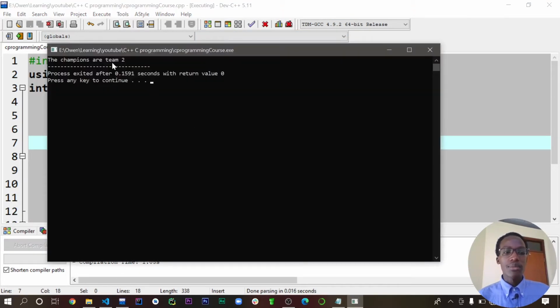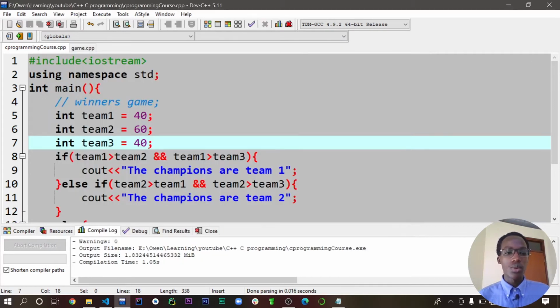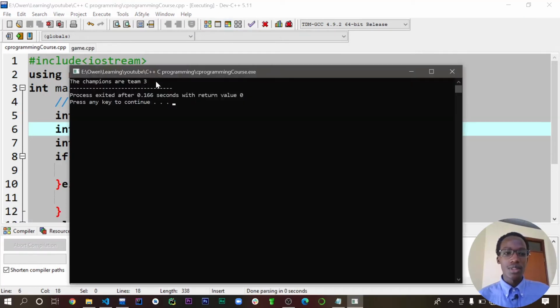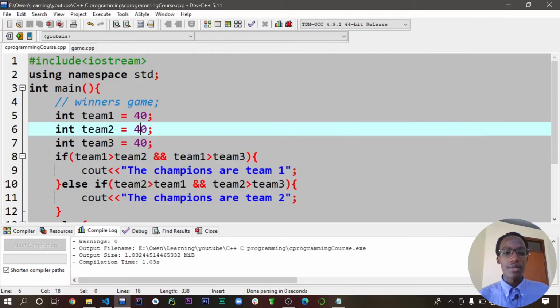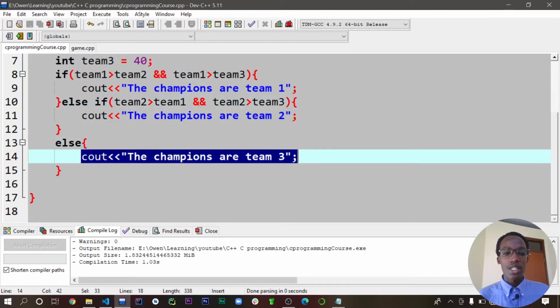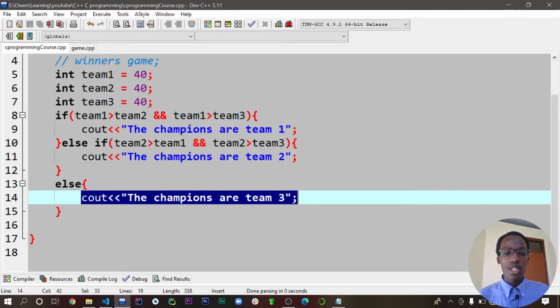Then the champions are team2. So what happens again? So let's see what will happen. Interesting here. The champions are team3. So by default, it will jump directly to this third one. So to make sure that we check again